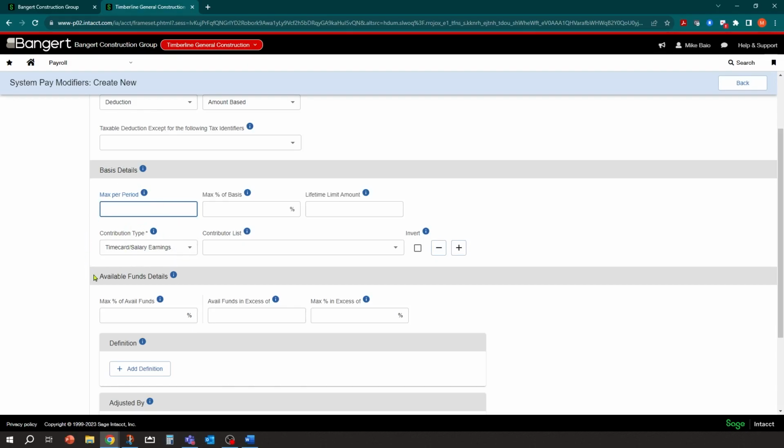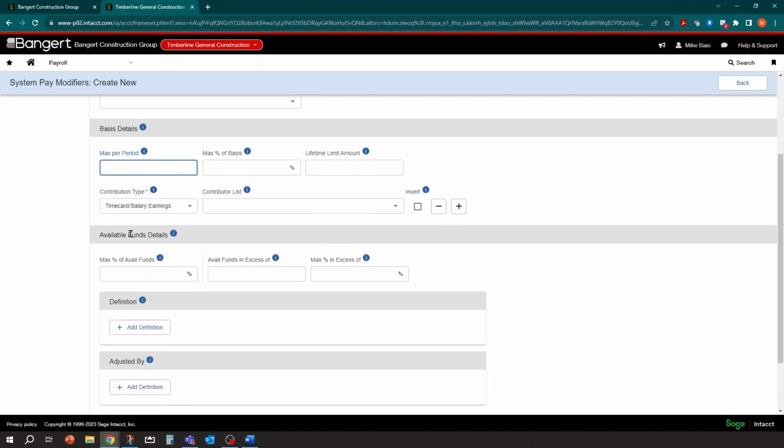So now we're going to go down into another section here called available funds, and that's going to be our disposable income area. Now, when you're going through and setting these up, be sure to put your mouse over these little information circles here because they will give you a nice explanation of what you're supposed to do here. Use these fields to set the disposable net pay, typically used in cases of garnishments or taxes. Exactly what we're going to do here.